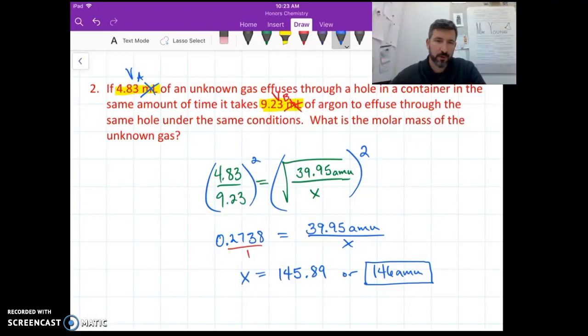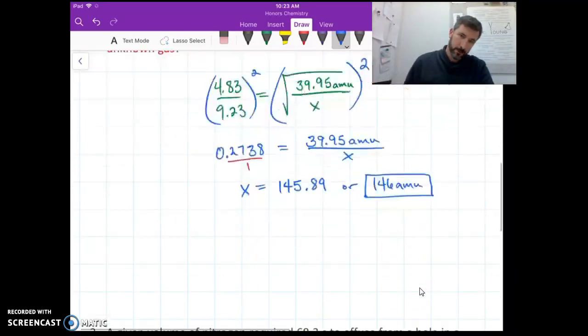We should get 145.89, or rounded to 3 sig figs, 146, which makes sense because less of it was able to escape a hole in its container in a given period of time compared to the argon, which means it must have been moving slower, which must make it a bigger, heavier gas. All right, so